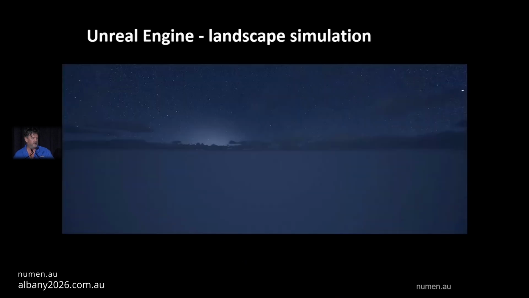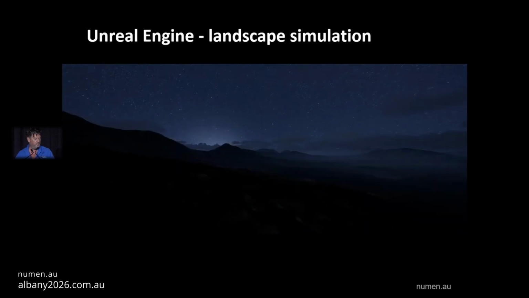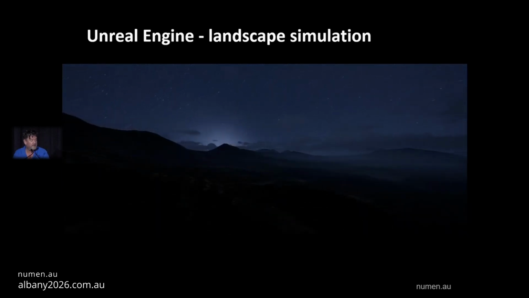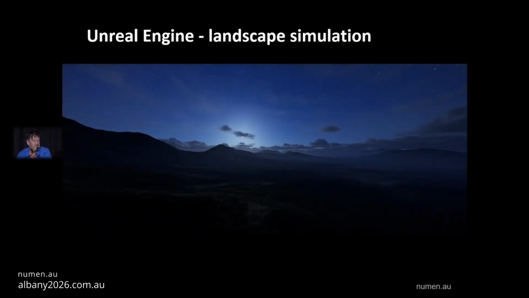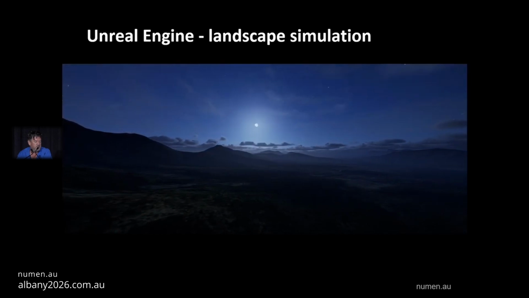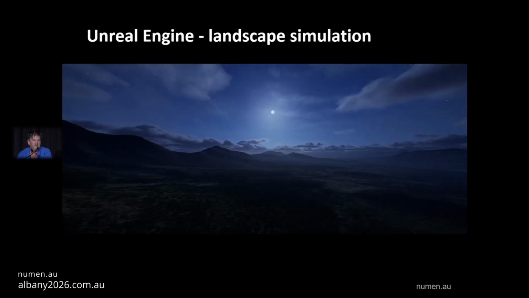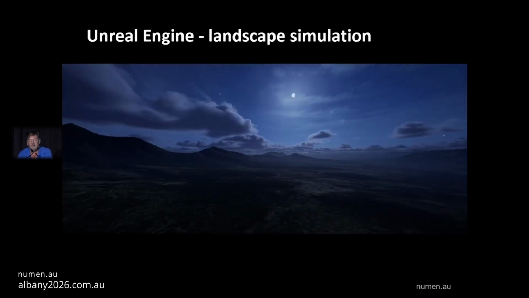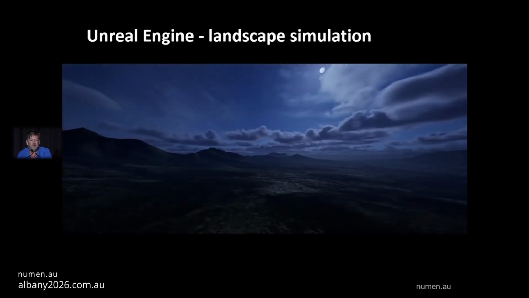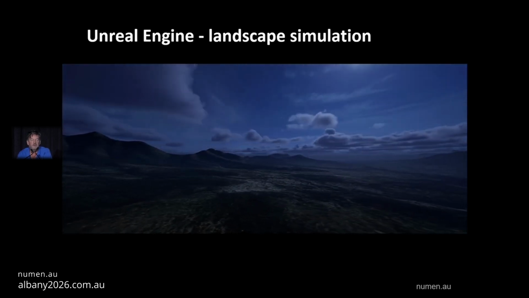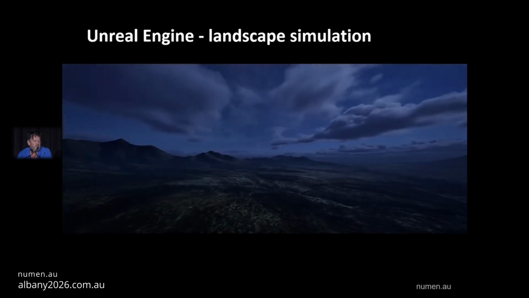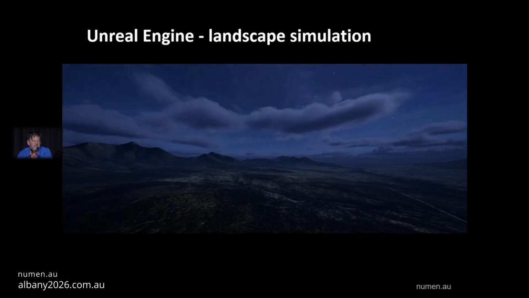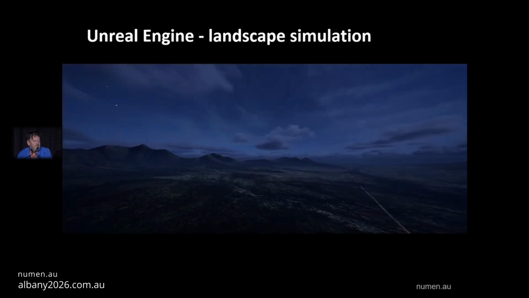So, another click, here we go. Another thing I'll be working with, or have worked with for many years, is Unreal Engine. This is a landscape simulation of the Stirling Ranges, using a Cesium terrain system, which is basically like a Google Earth for Unreal Engine, where you can bring in a reasonably high-resolution Earth model and run climate simulations or cloud simulations over time.